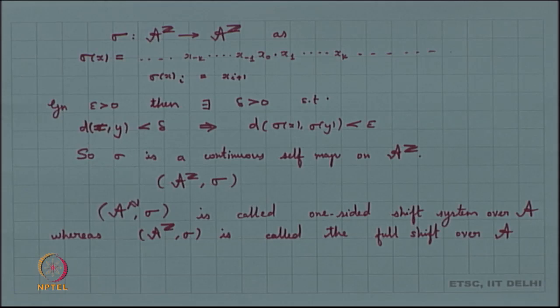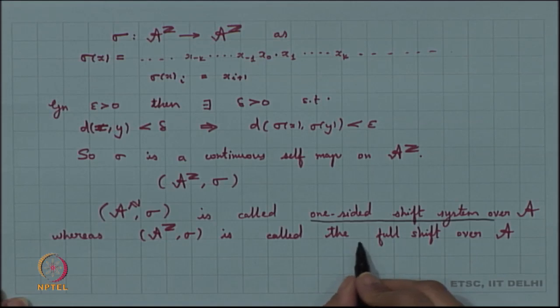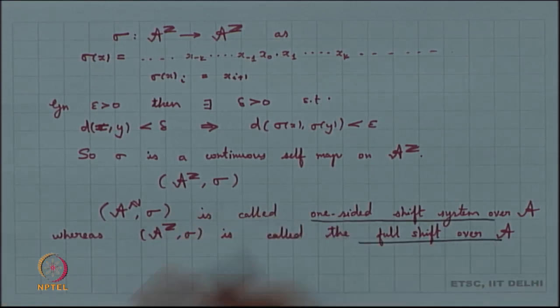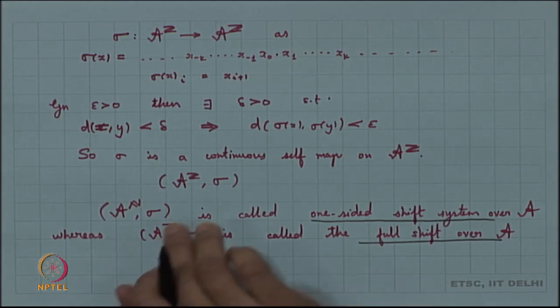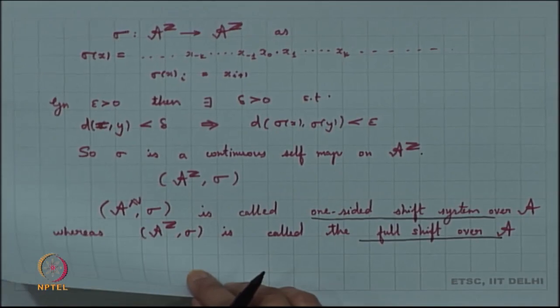So, that is a basic difference between these two. So, now we have a full sided shift system and we have a one sided shift system. We will be looking into the general theory, right, without assuming whether we are looking into the full shift or one sided shift, because the general theory happens to be the same in both the cases. Now, we want to see why we find this theory to be simpler than the earlier theories. So, we will look into a very known example, and let us consider the example of the tent map.